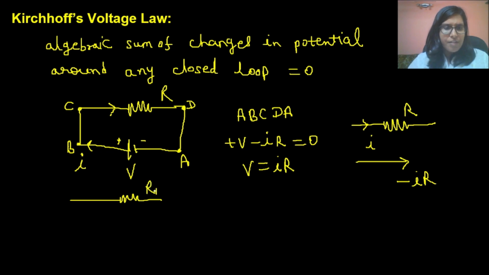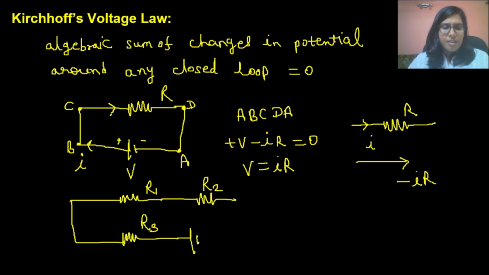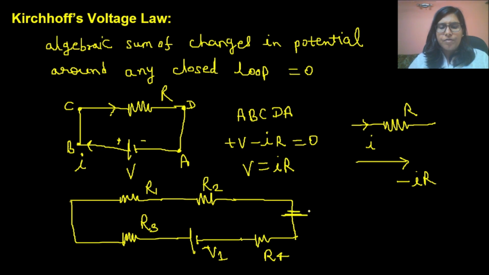Suppose this resistor is R1, this resistor is R2, this resistor is R3, this battery is V1, this resistor is R4, and there is also a battery, this is V2. Now if we move from here, and the current will be the same in this whole loop, so Kirchhoff